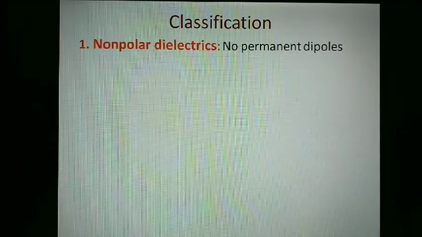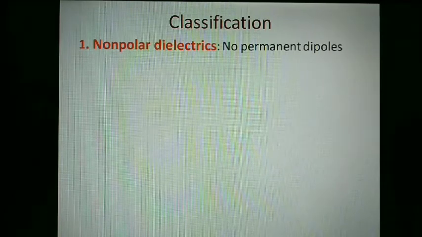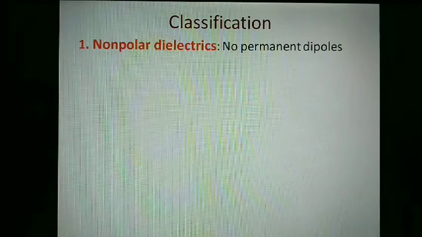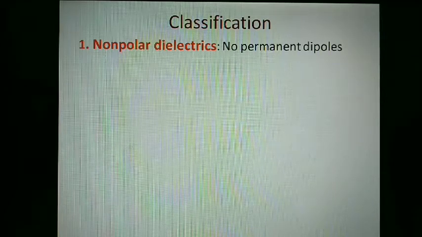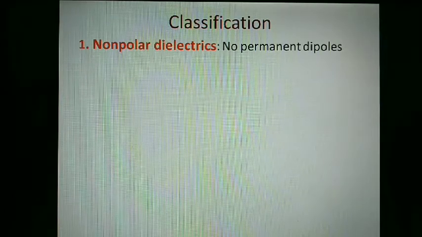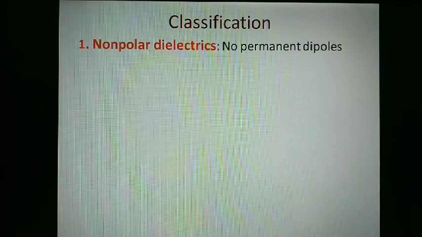In absence of an external electric field, the centers of gravity of positively charged particles, that are the centers of the nuclei, and negative charge distribution centers are coincided. When an external field is applied, these centers are displaced apart by approximately about an angstrom, that is 10 power minus 10 meter. Now these molecules are said to be